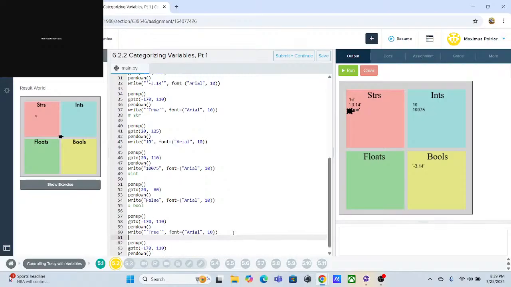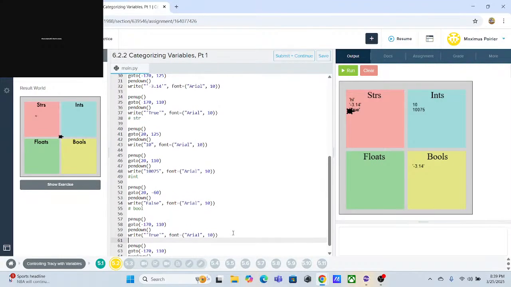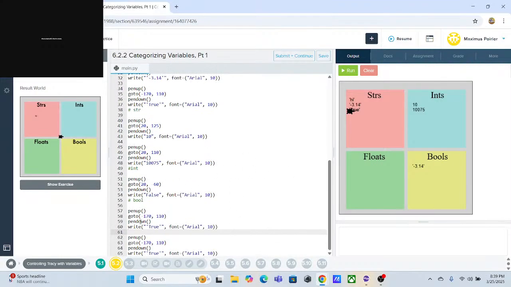Okay, now we got what we're doing. So we're gonna put this in floats. So I'm going to need like 70. Oh no, -70. Because it'll get me into like this area. Okay, so